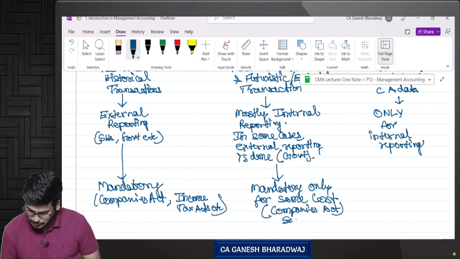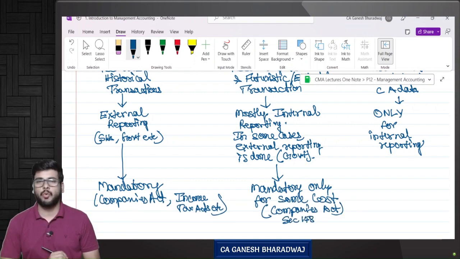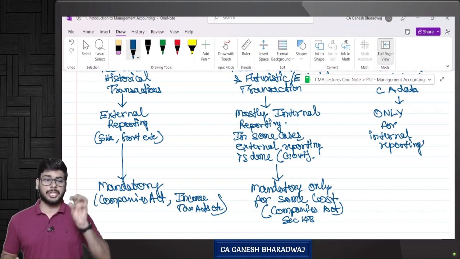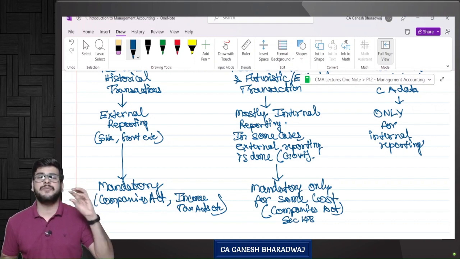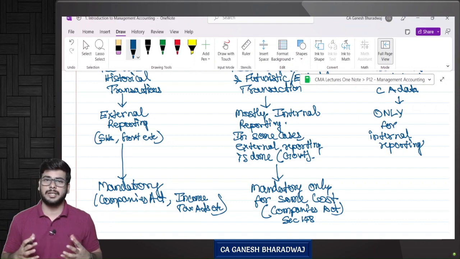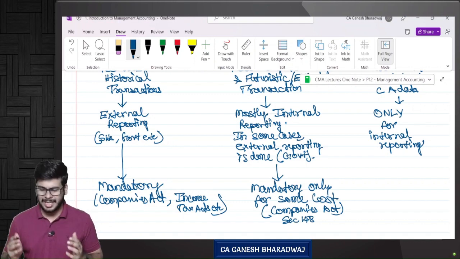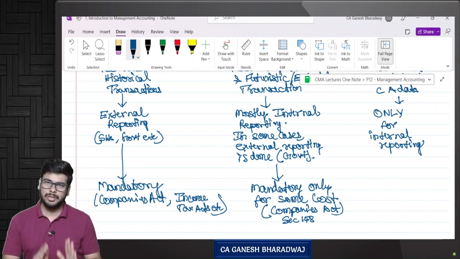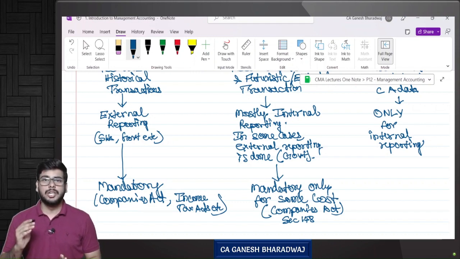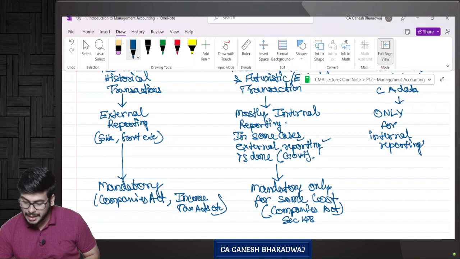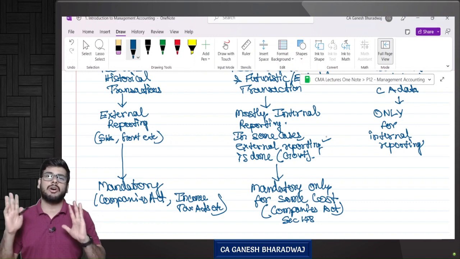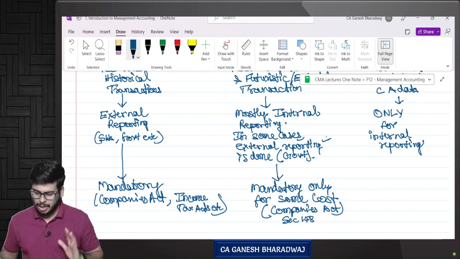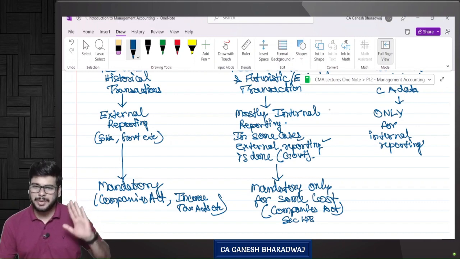If you want to be more specific, there is a section called Section 148 of the Companies Act that clearly lists which kind of company should maintain the cost accounting data. It will list the specific manufacturing and mining related companies that need to maintain cost accounting data. So only those companies that are mandatorily required to maintain costing data will make an external reporting to the government. Other companies who are voluntarily following cost accounting records will only do an internal